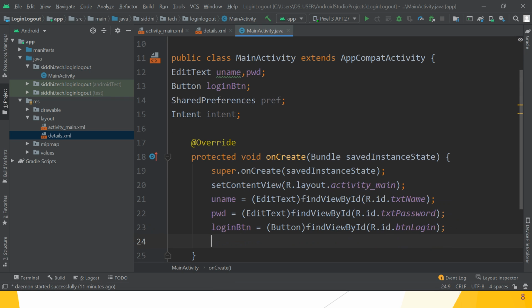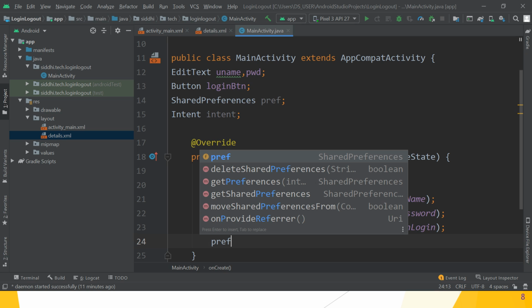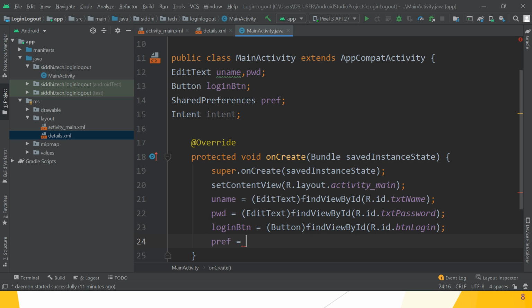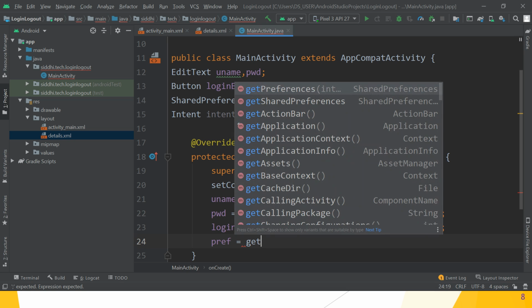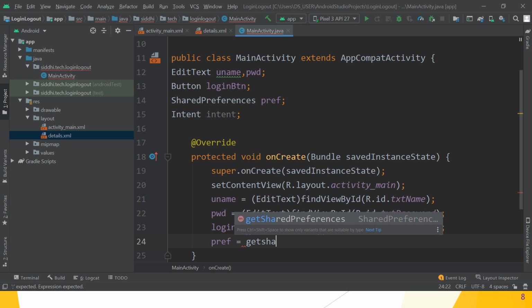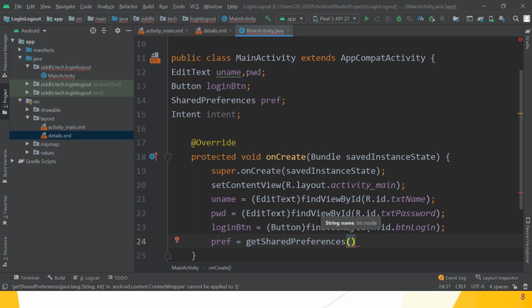Great. So after that, preference is equal to... how to create the object of shared preferences, by using which method? getSharedPreferences, pass the file name. Here user_details is the file name, comma, and which mode we want?